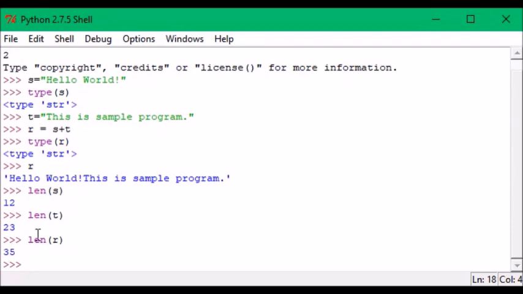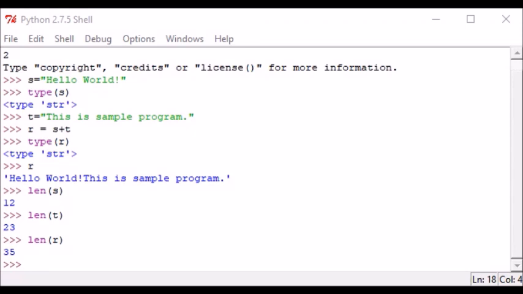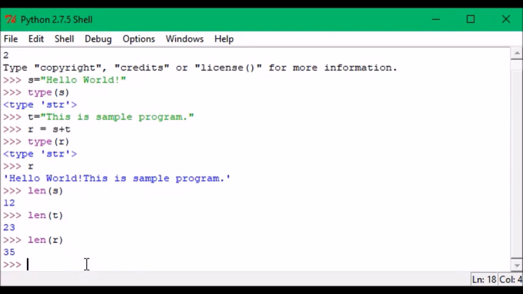Yes. Then if you want to print a string, how to print a string? Directly, so print means you just get output. Here what we did, we just type the t. That means I just want to see the string in the next line. I just want to see what is the content of this variable, what is the content of this t. So what I did, I just type t and hit enter. I see that this is the simple program, is the content of t. This is not actually output, this is the content of t.